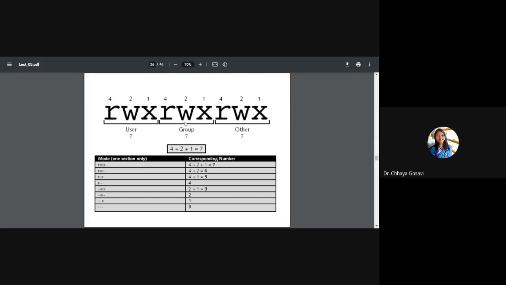So for read, write, execute, we know that for execute it is 1 and the other bits are 0. For write it is 1 0, so 2, and for read it is 1 0 0, that is 4. So it is 4 plus 2 plus 1. If you add these numbers, 4 plus 2 plus 1, it is 7. So the corresponding number for read, write and execute is 7. For only read and write, read is 4, write is 2, 4 plus 2 is 6.